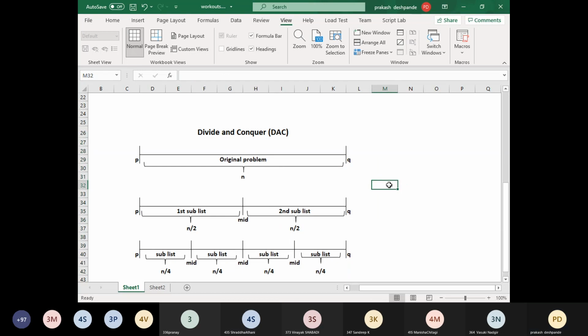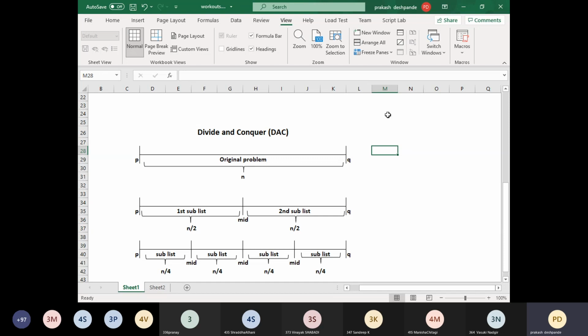Sir, what if the dividing reaches the last stage and we don't get the solution? It can't be, because we will keep dividing until we find the solution. If the problem is finite, in the sense that we know all the elements in the given problem, then definitely we will get the solution. If we keep on dividing the problem, then definitely we will get the solution.